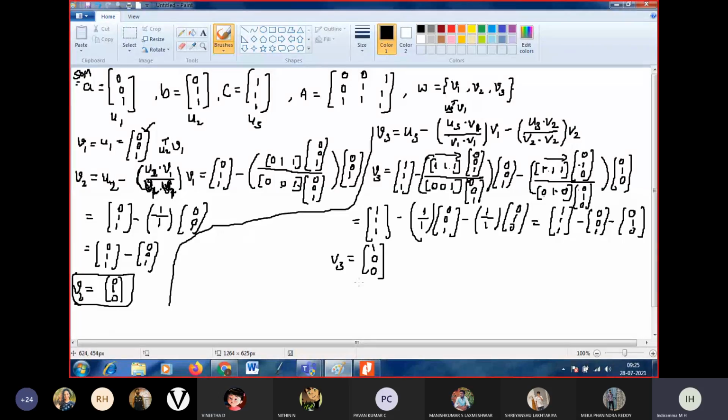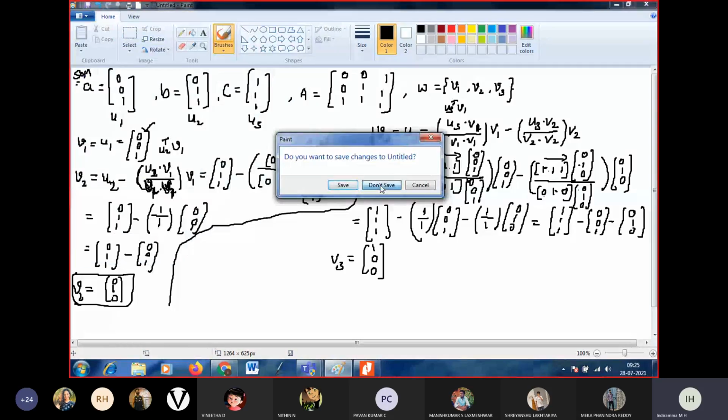Yes, ma'am. Okay. So remember these values of V1, V2, V3. I will go for the next page. Before going to that, here itself I will find out. We have to find the norm, right? First we have to find out W1, W2, W3. Then we have to find out norms for that. So you remember these values.